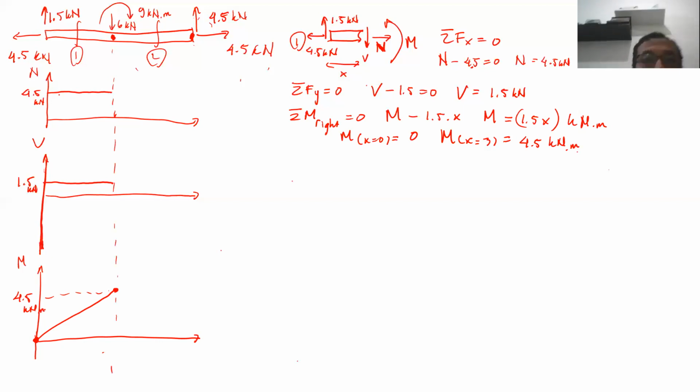Then after that, we go to the second cut, because usually for the second cut, we use the right part of the cut. Okay, for today, I will try to use the left part of the cut in order to show you what is the difference using the left and the right. It will be exactly the same. So now the free body diagram become like this: